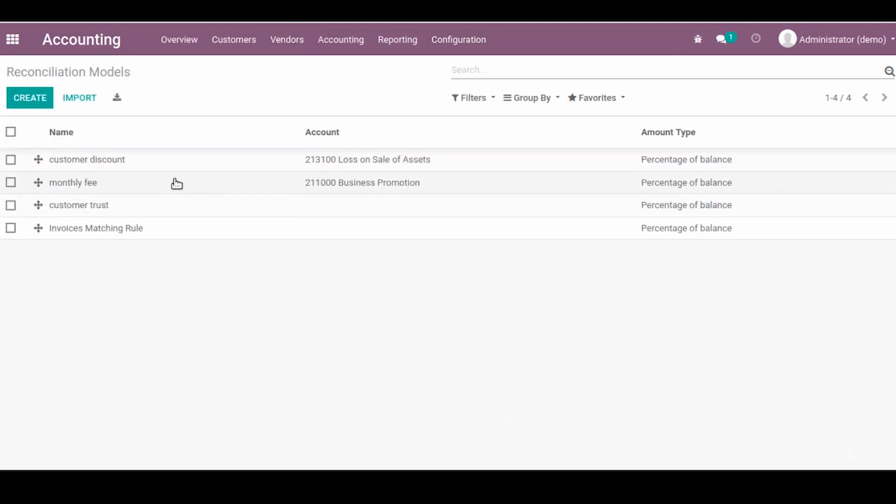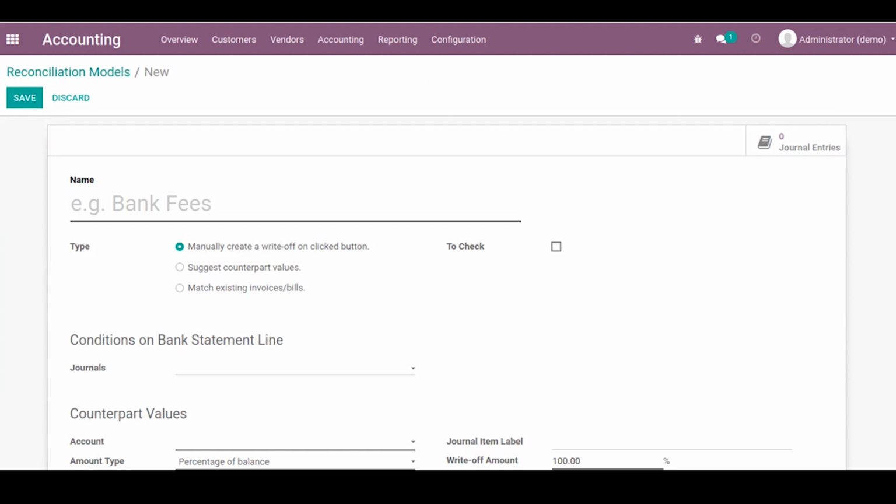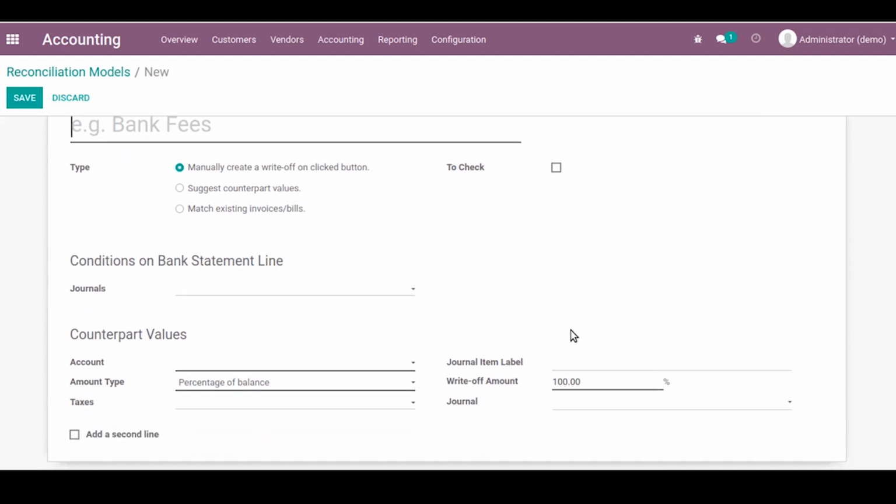So these are the three types of reconciliation model that we can create. The other options available in the model are to add a second line along with the counterpart.